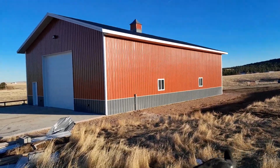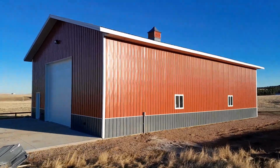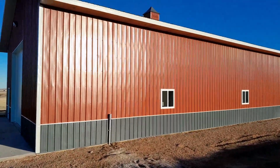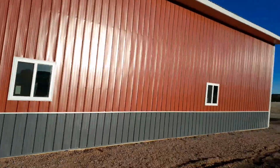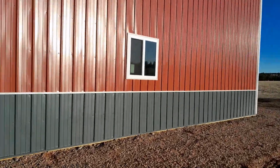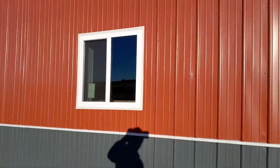Well, here's a shop tour and cost for my 40'x64 shop. So, it just got finished the other day. Last thing was electrical. Just run around the outside quick. I only have 4 windows. They're like a 2x3 window,